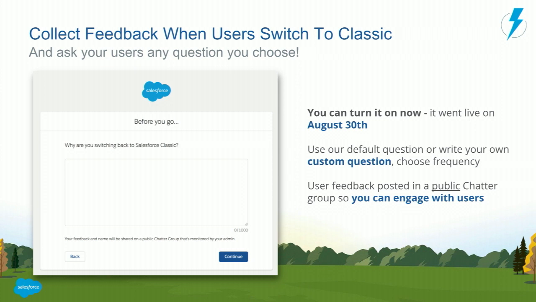And so this feature actually came out of how we at Salesforce internally managed our own migration of employees to Lightning a couple years ago. We worked with our IT department. They said to us, we really want to know what the questions are, what the concerns are, and how we can help onboard people faster. And so we built them an internal tool that did this feedback form, and it was a smashing success for us,